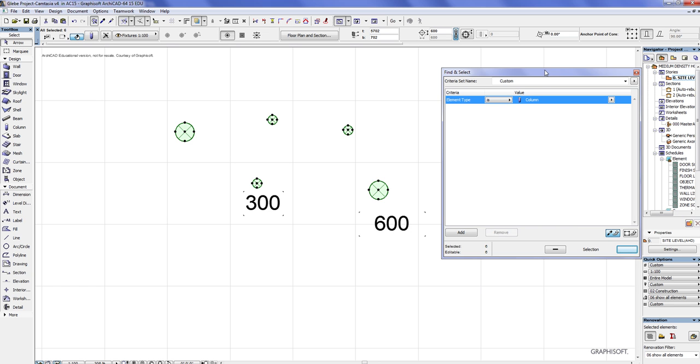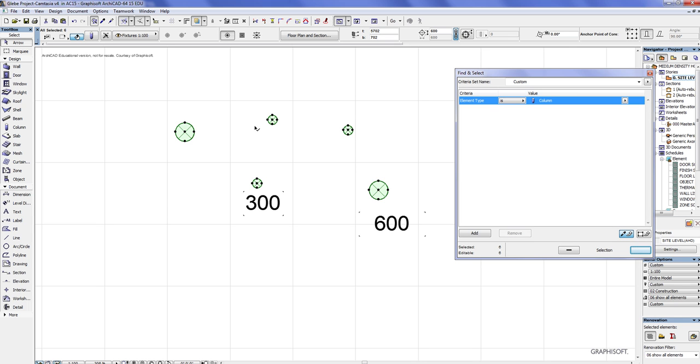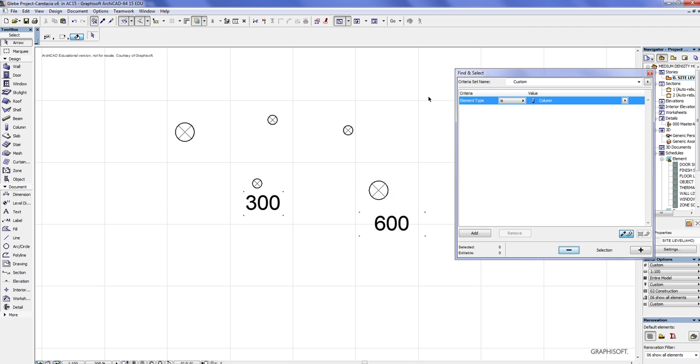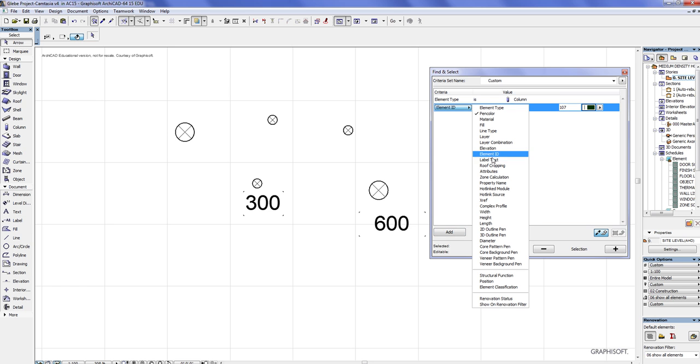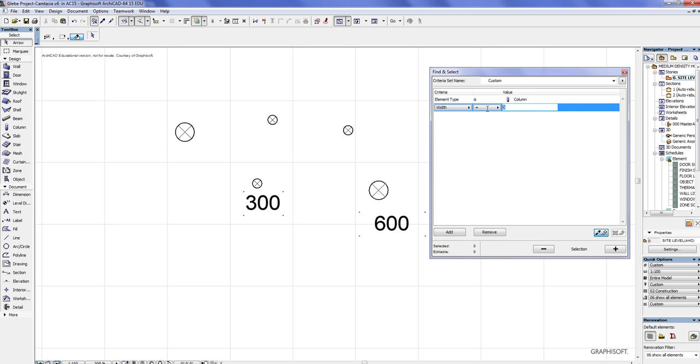Now, that's not the outcome that I want, because I want only ArchiCAD to select the 300 mil diameter columns and not also these 600 mil diameter columns. Okay, so I'm just going to press the minus key to deselect. Basically what needs to happen next is you need to add a criteria by which to search that narrows down the characteristics of what you want to search for, which in this case is that its width is equal to 300 mil. And if you then press the plus key,